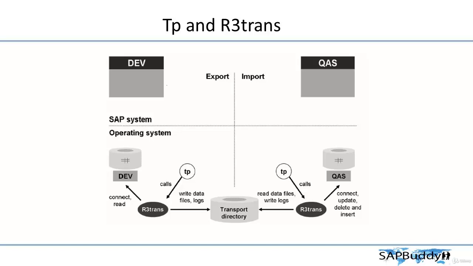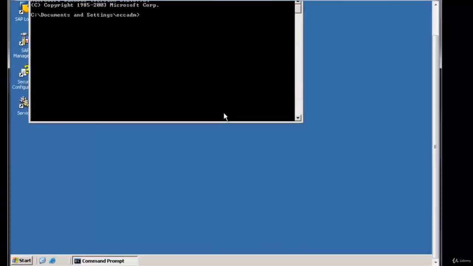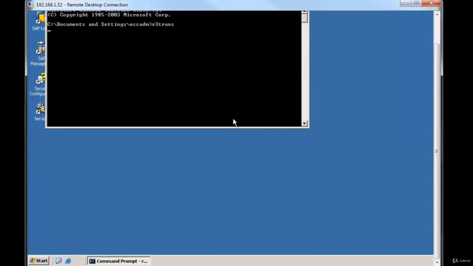It is also possible to do import and export using R3 trans directly, but it is not an advisable way to do it. However, in some exceptional cases, even SAP advises you to use R3 trans, for example when you are doing a system copy or have some specific requirement. You will see notes which tell you what kind of commands you should execute using R3 trans. If you go to the SAP system, to the command prompt, and type R3 trans,